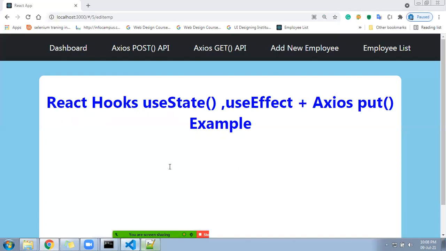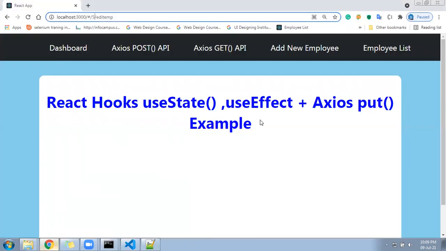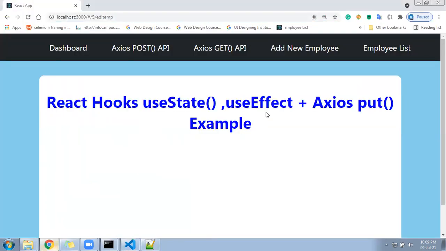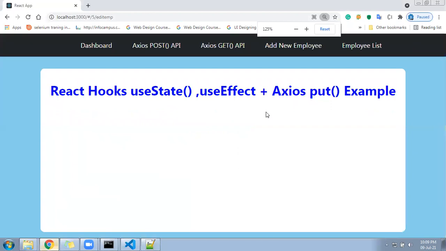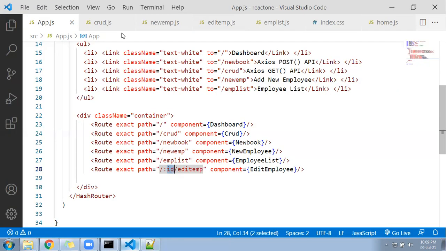Okay. So I have already imported useParams. How to use useParams? If you are a little confused about this, you can have a look at that video also. What is useParams under the hooks? Okay. Let me go ahead. I'll come to my browser. I'll reduce the font. This one I'll keep at 100%. Okay, it's 100% now. Now let me come to this ID, where we are going to capture this ID under the EditEmployee.